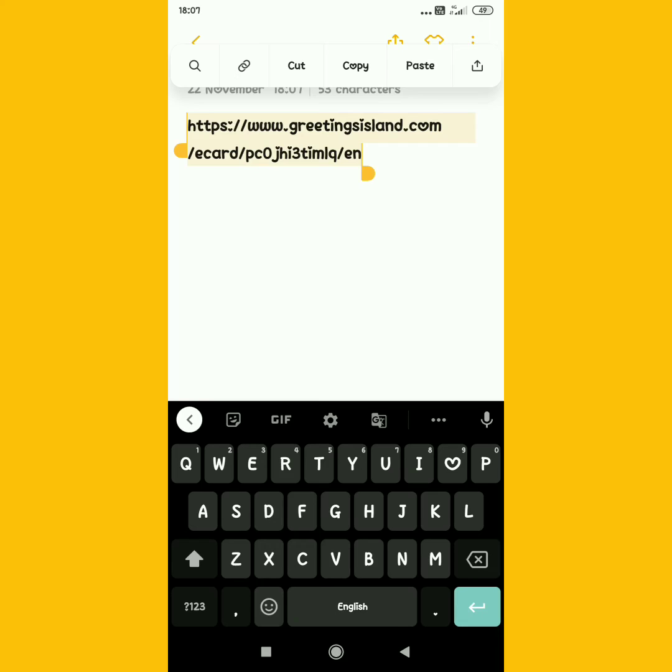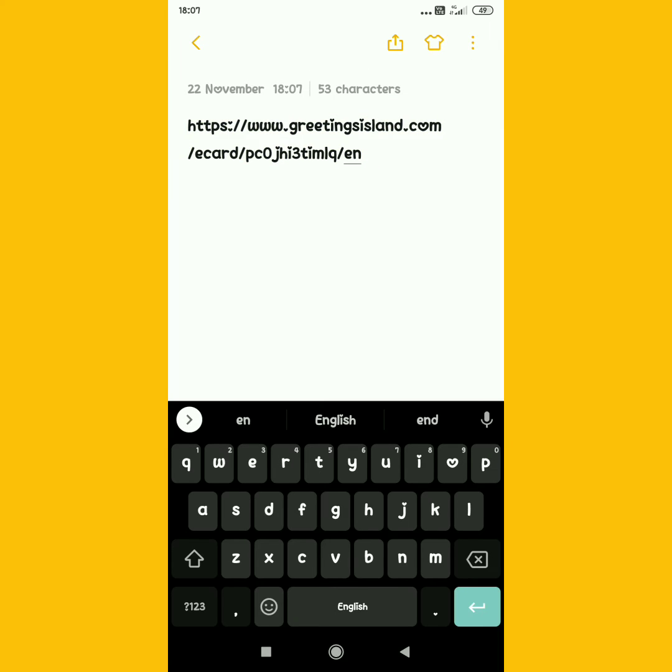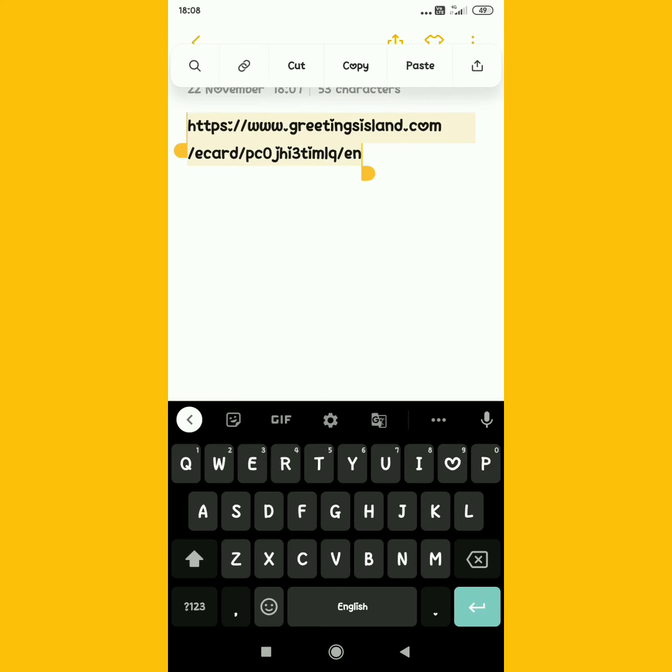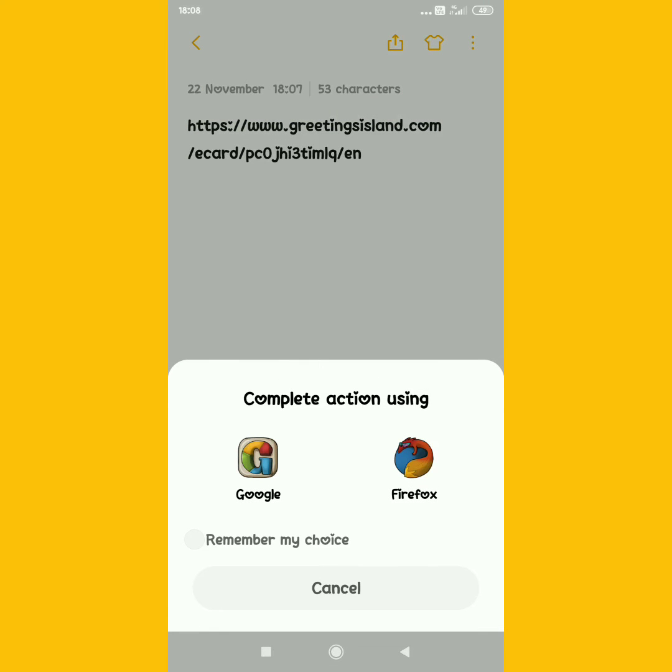Then in WhatsApp it will come like a blue link, and if your brother clicks on that link, he or she can see it. Okay, let's see what happens through Google.